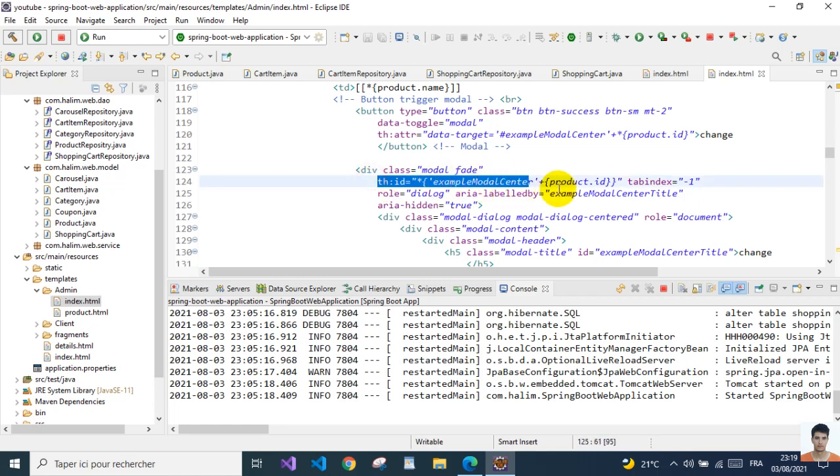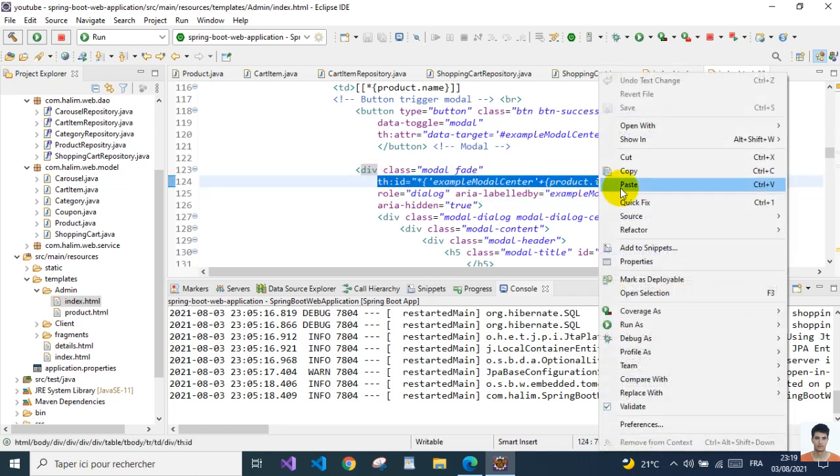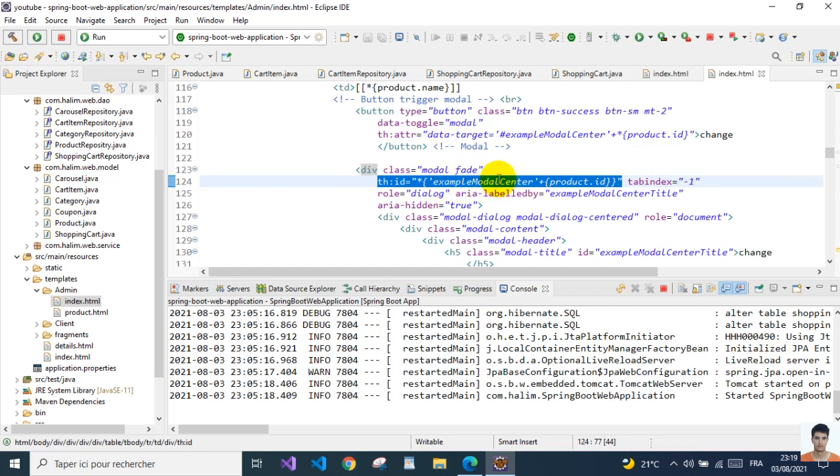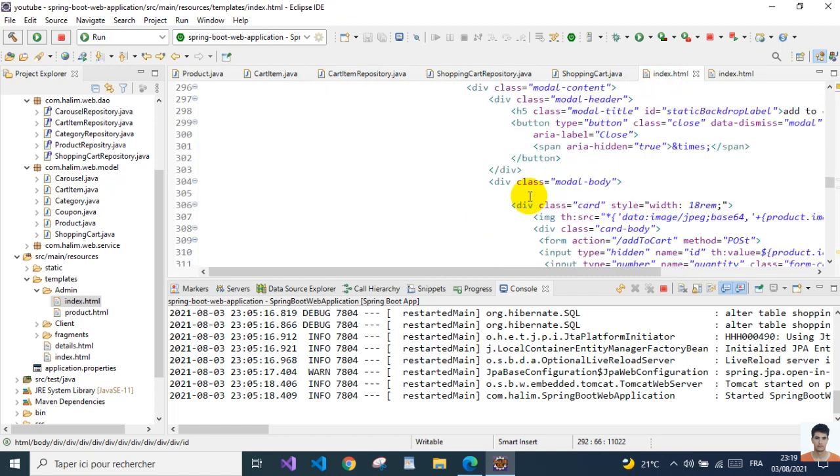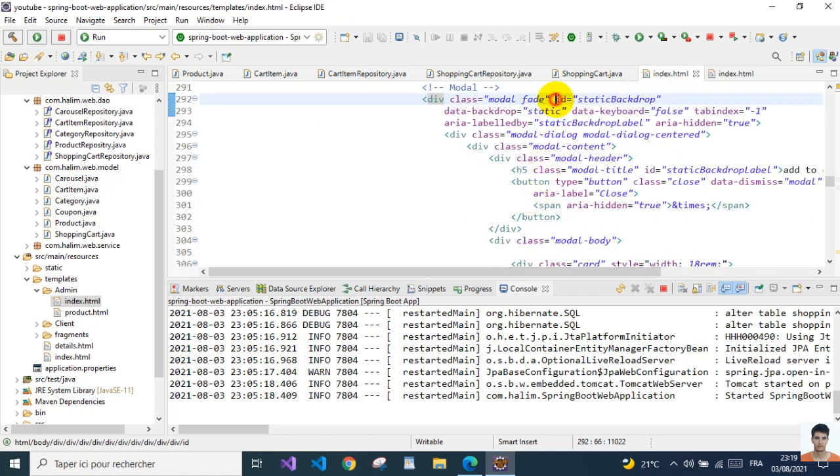So what I'm gonna do is copy paste the same thing. We have here the modal fade, almost the same thing. So this is gonna be like this. I'm gonna keep it the same,